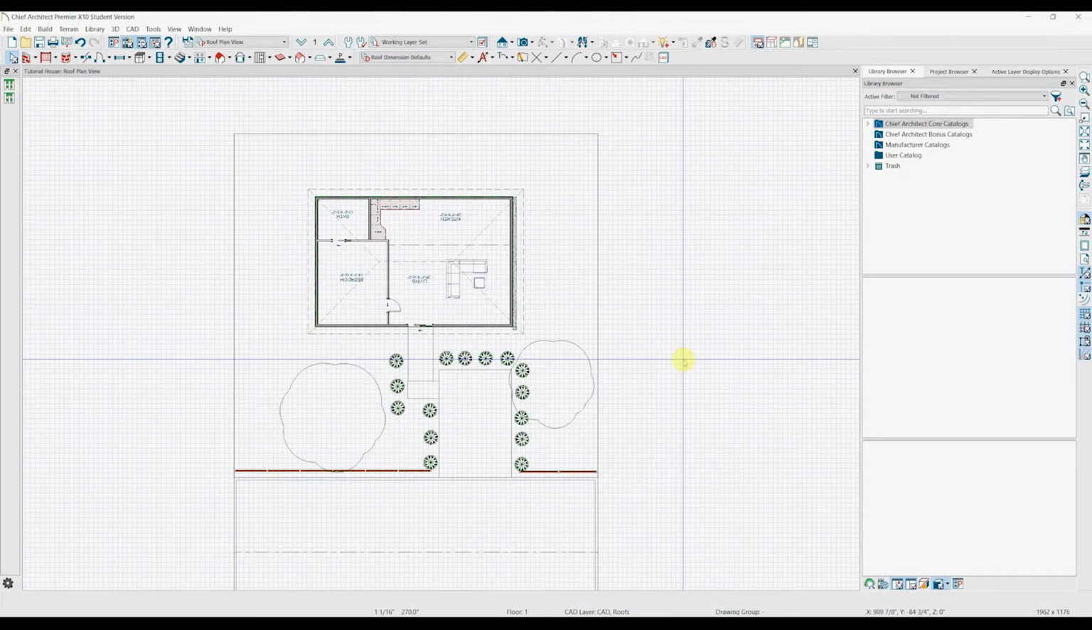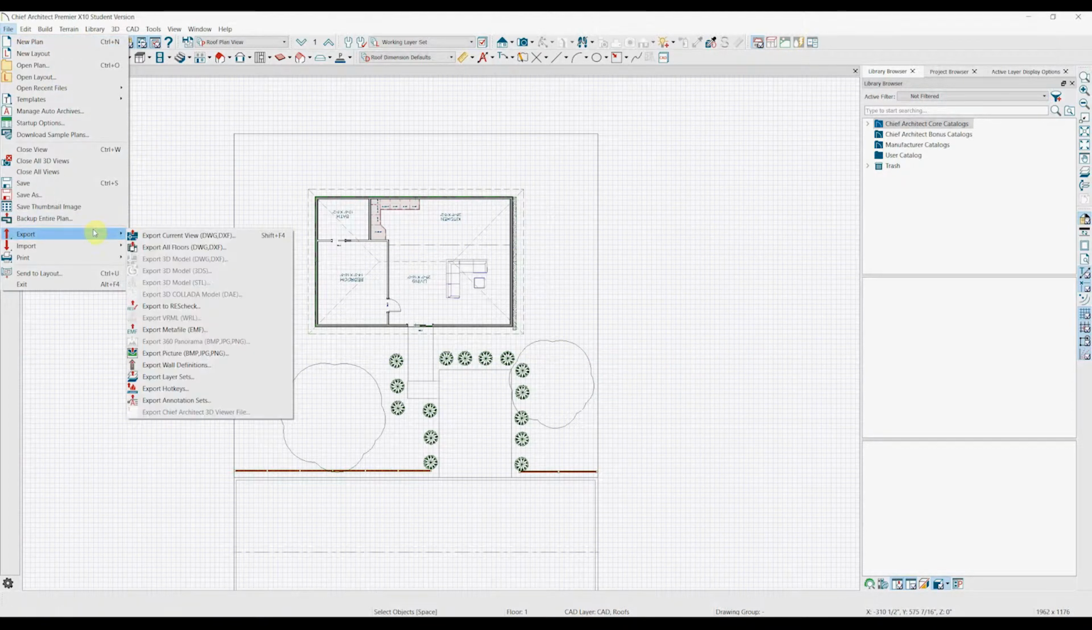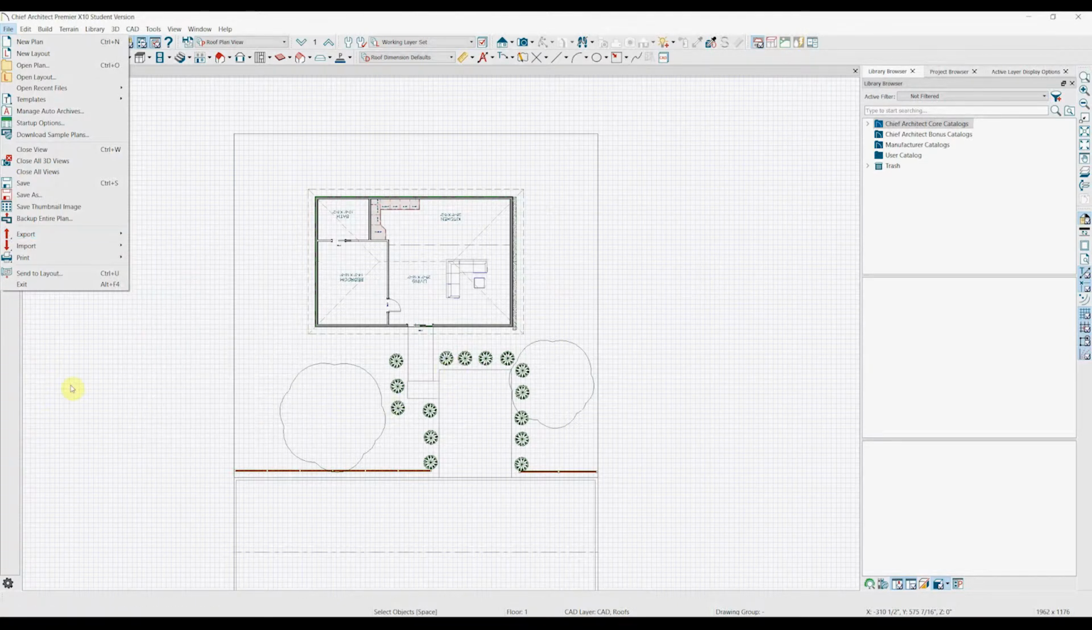Guys, in this video I'm going to be talking about exporting in Chief Architect. The main exporting menu is found in File and Export, and there are all these different options: exporting DWG files, exporting pictures, layer sets, hotkeys, stuff like that. So I'm going to be talking about the most important things in there and then how you want to go